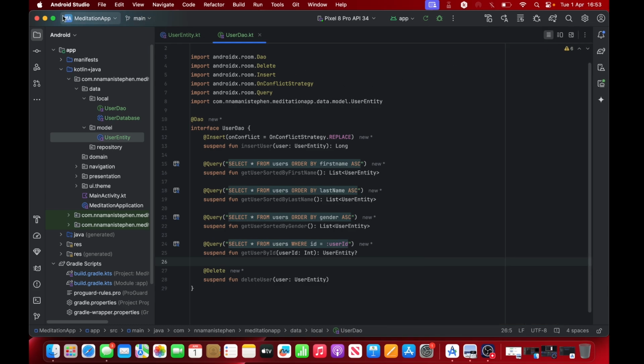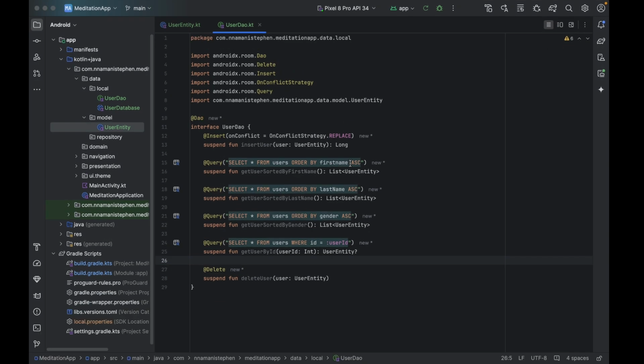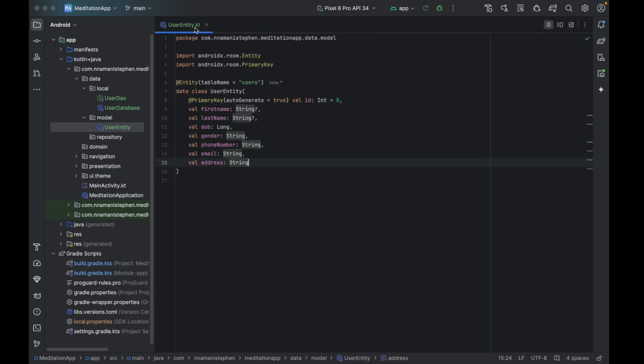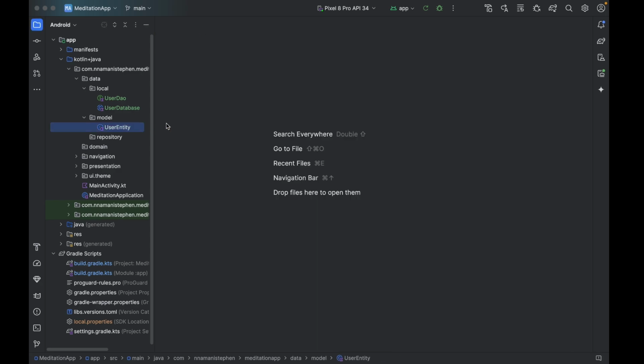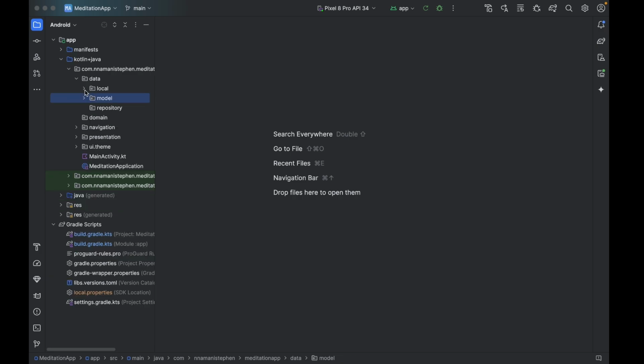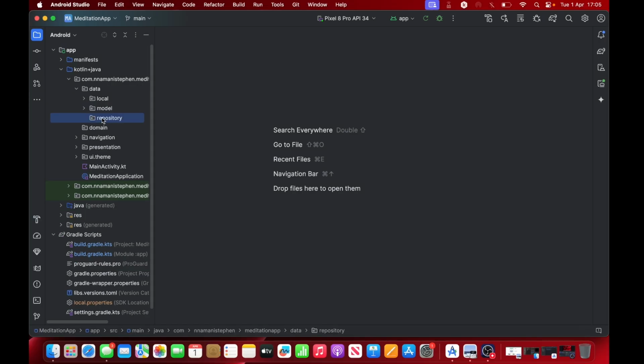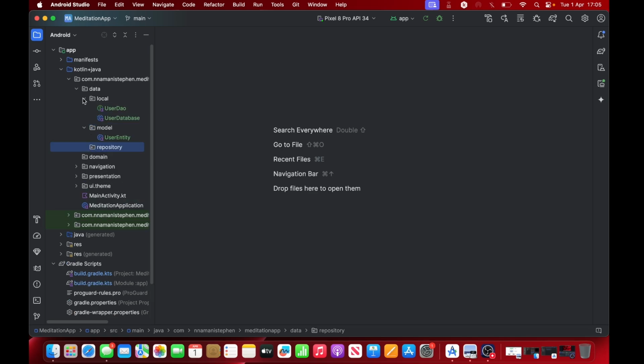So now our data access object has been completed, so we'll have everything we need to query and process our data accordingly. So let's close this down, and this as well, so that we can have a clean tab here. This is done. So now that we've created the model, the database and the DAO,